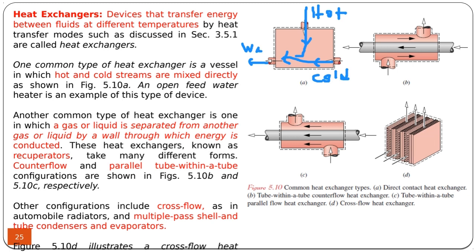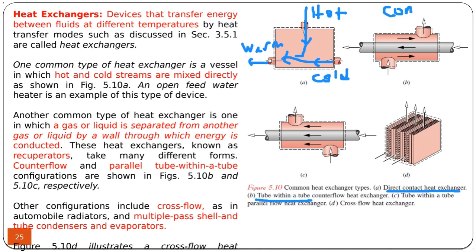A very basic type of heat exchanger is called the direct contact heat exchanger, in which both streams of hot and cold fluid are mixed together. However, mostly the fluids do not mix in the heat exchangers. We may have a tube within a tube, or concentric tube. Sometimes they are called concentric tube heat exchangers,